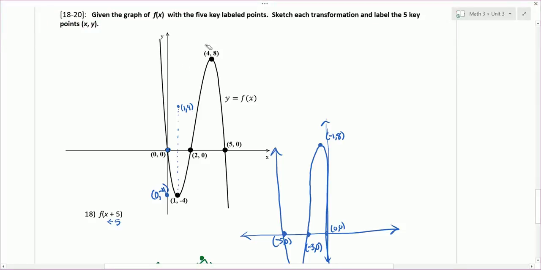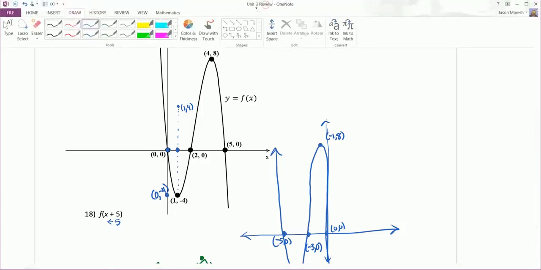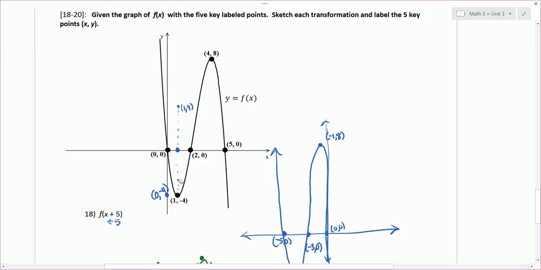Because we're reflecting and then dropping down 4. So when I take that point and drop it down 4, now we're on the x-axis at 1, 0. So I'm going to erase the stuff I was using to help me get there, because I'm already there now, and put in that point 1, 0. The point 2, 0, if you reflect it first about the x-axis, it's still on the x-axis, and